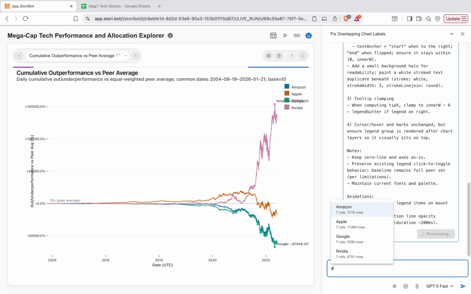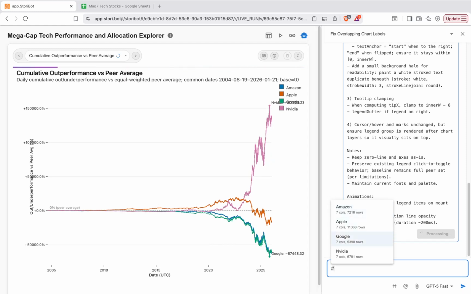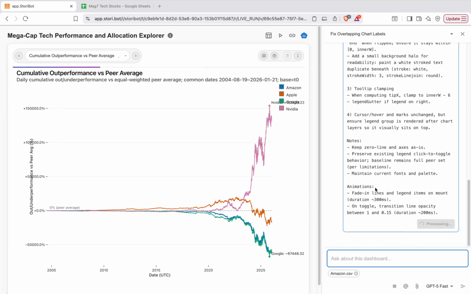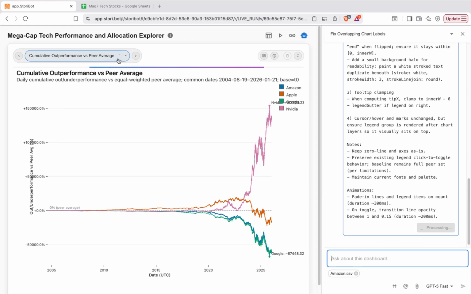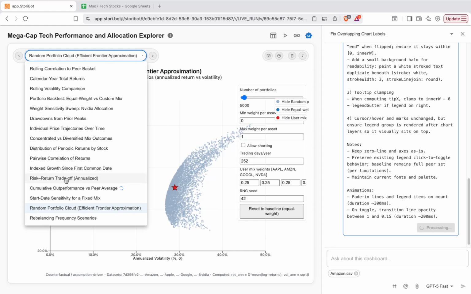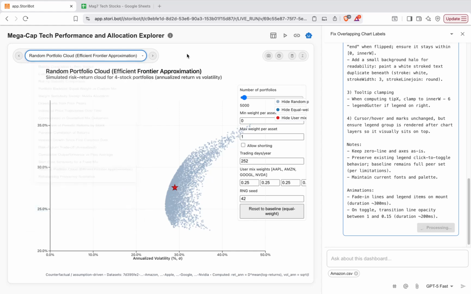If you want to send in the data, you can see here, if I hit the hash symbol, then each of the underlying tables that were out of my Google Sheet are available to me, and I can send that in and ask a specific question about the underlying Amazon data. So there's a number of ways here I can discuss with an agent what's going on. No worries, while that works, you can still go on and view other charts. You can see here that it'll just keep working away, and it'll go to a green check mark once that's